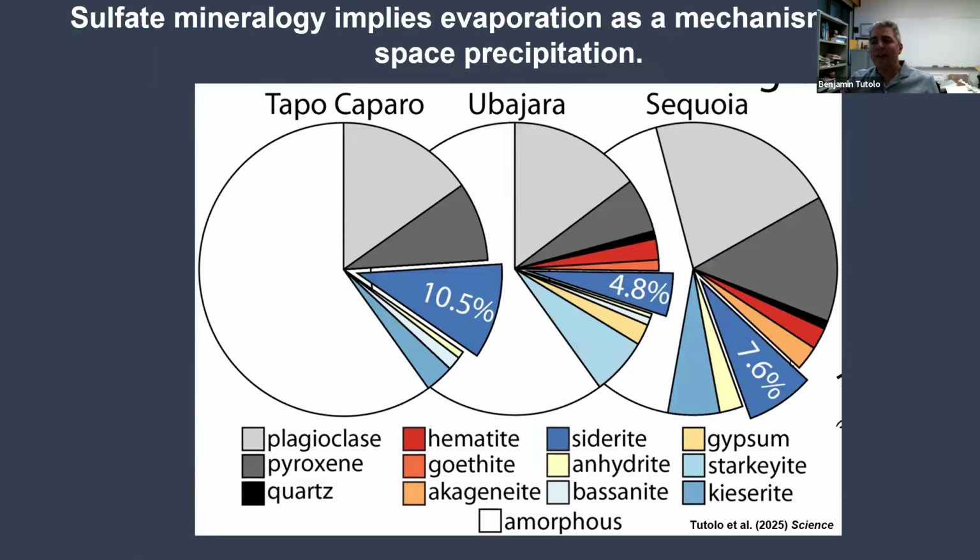And there's a lot of other minerals here. And importantly, we are in the magnesium sulfate bearing unit after all. The presence of these calcium sulfates, anhydrite and gypsum, and magnesium sulfates, starkeyite and kieserite, indicates that evaporation was likely a contributor to the presence of these minerals and likely also siderite.